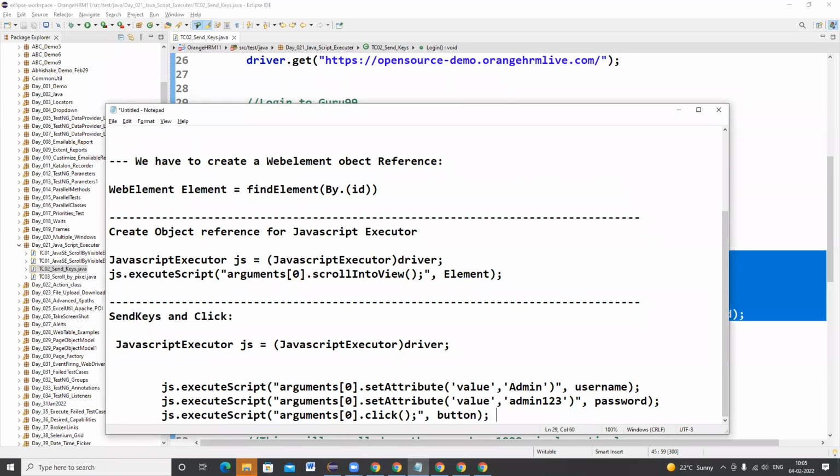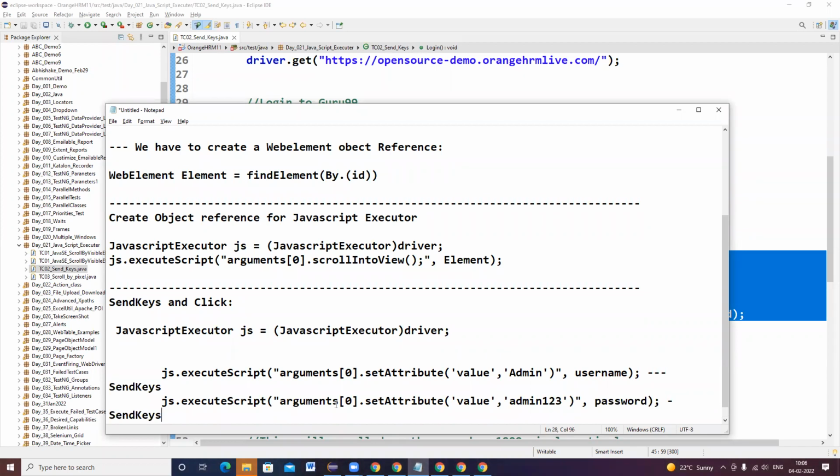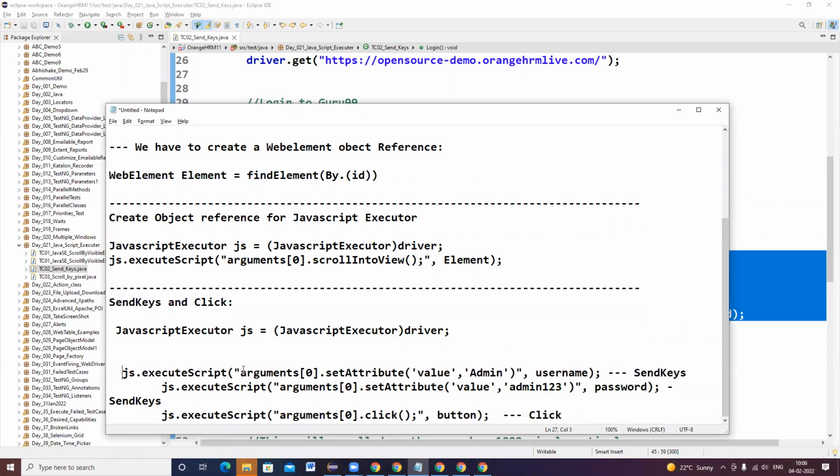These are the code. This is for click. Send keys. Okay. Clear enough? Any questions so far?